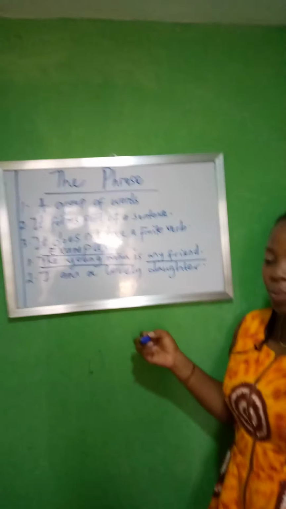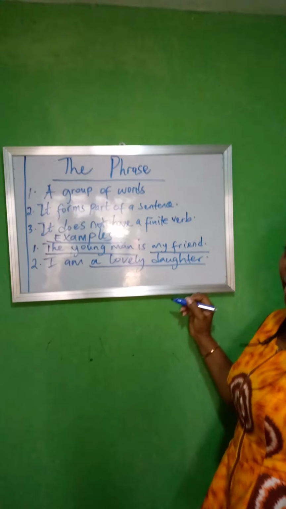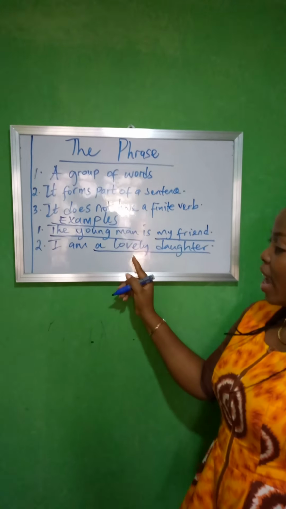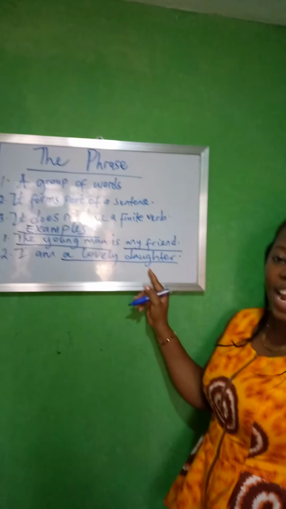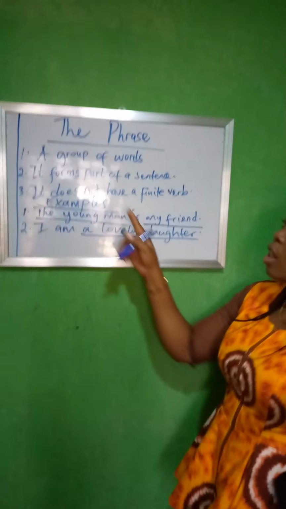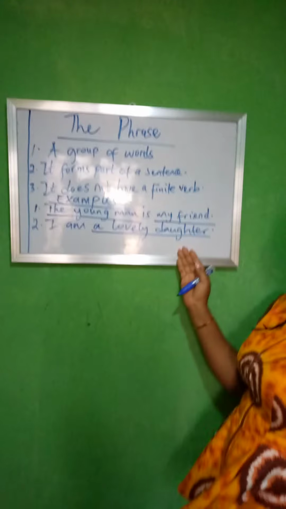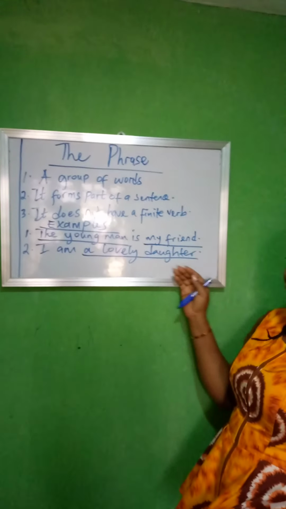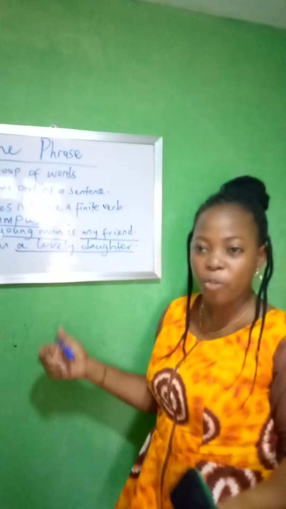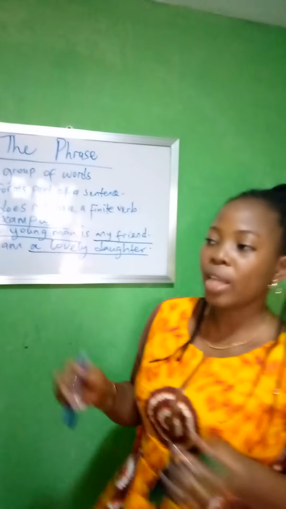So let's underline a phrase here. This is a phrase. This phrase is containing an article, an adjective, and a noun. So, is it a group of words? Yes. Does it form part of a sentence? Yes, it's part of this entire sentence. Does it have a finite verb? No. So, it qualifies to be called the phrase. Do you understand? So, in our next lesson, we're going